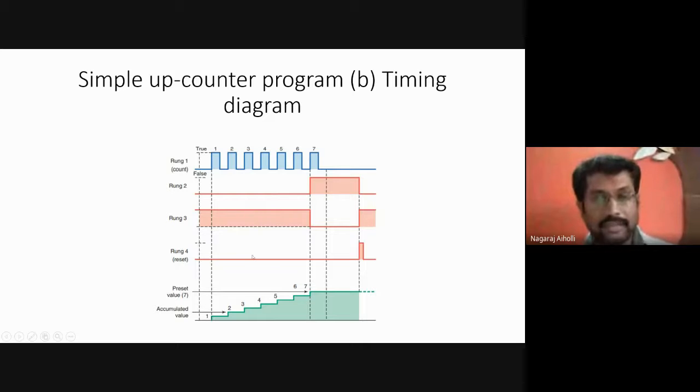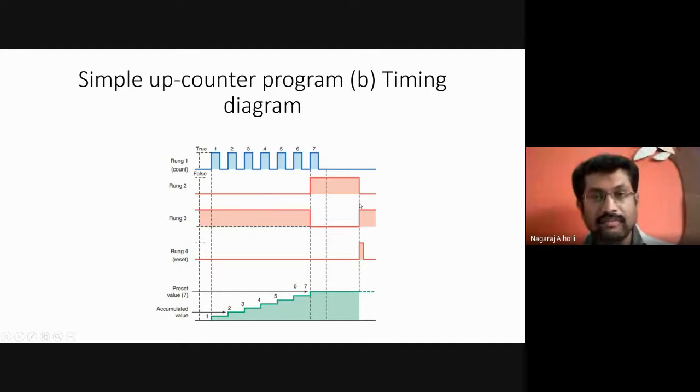Rung 4, it is the pressing of the reset switch. When this reset switch is pressed, only during low to high transition here, that is, when the counting process has ended, when the counting process has stopped, that time the reset is pressed. Whatever is the counted value, that will become 0.